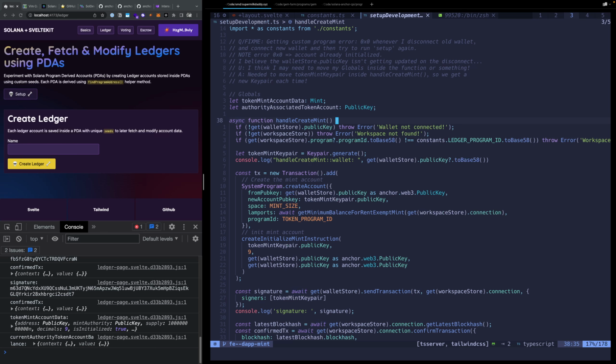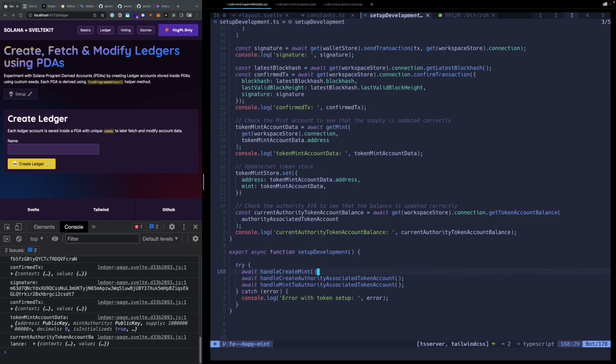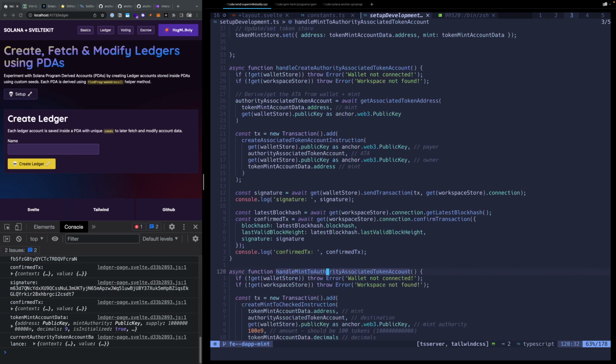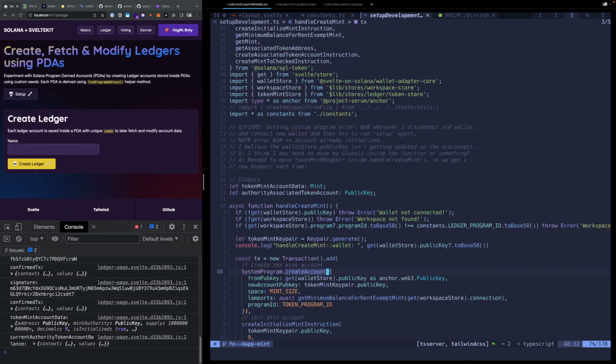Instead of this create mint, I could create a separate function just called handleCreateDappTokenMint, which is really the same thing. So what I'm going to do is, let's do,